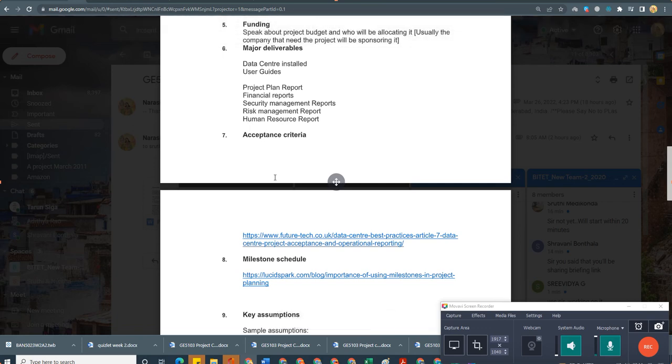It clearly speaks about when a project is accepted and how a project can be accepted. That detail should be provided here. To make it simple, project acceptance can usually be done when the project is completed within the budget, when the expected quality is provided as mentioned at the initial stage, and when it is submitted in a timely manner before the deadline. These are the most important constraints of projects that we discuss. Based on those elements, we decide what a project is and how that project can be accepted.